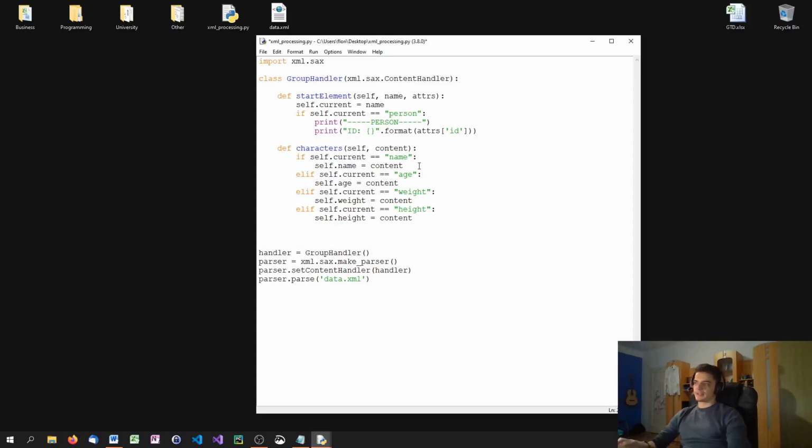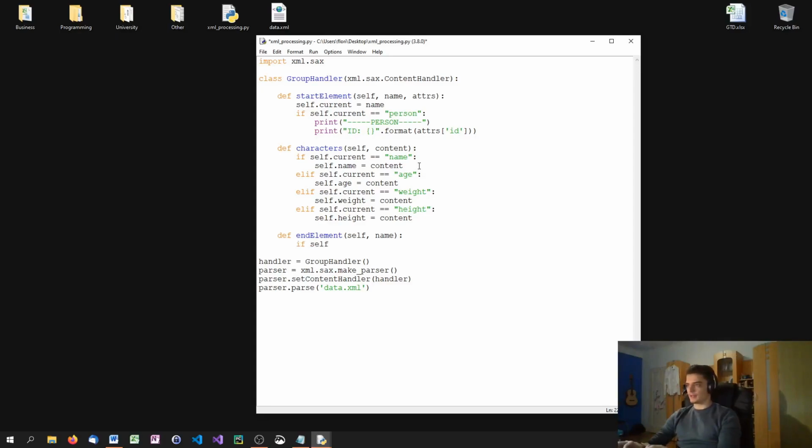And now I have these attributes. The last thing that I want to do is when I get to the end of an element, I want to print that data. So I'm going to say def end_element. And here we just have the self and the name. When I get to the end of an element, what I want to do is: if self.current equals name,